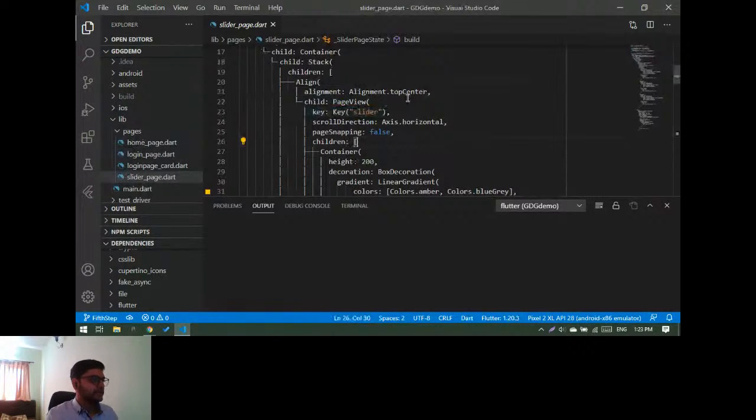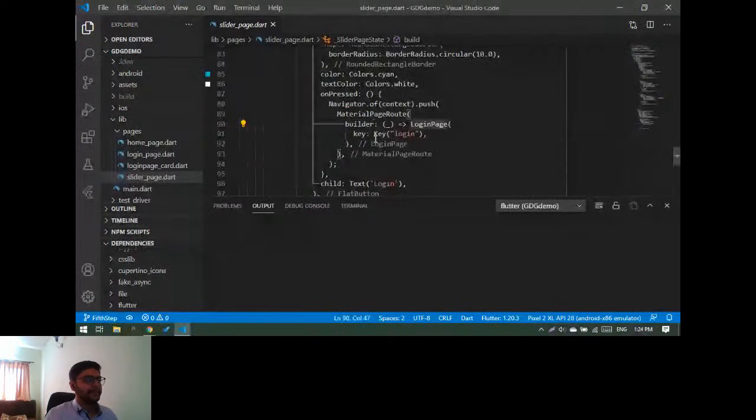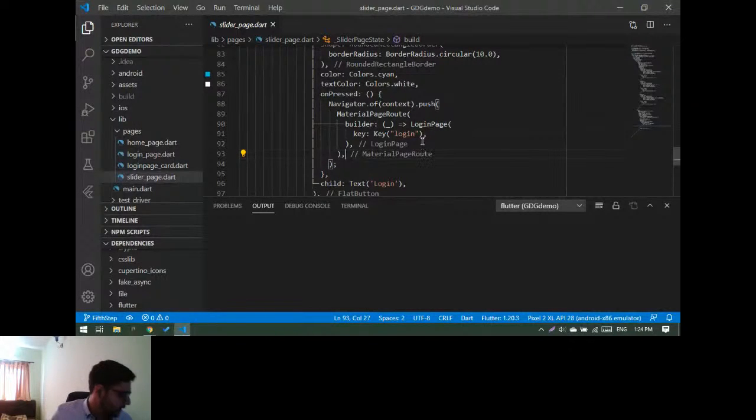सो यही पेजमा अलि तल गएपछि लगइन पेजलाई कल गरेको छौं हामीले। मटेरियल पेज राउट बिल्डर लगइन पेज, यसलाई हामी लगइन भन्ने युनिक की दियौं यसलाई पनि। So 10 more seconds maybe. सो अन प्रेस्ड भित्र नेभिगेटर युज गरेर लगइन पेजमा जाँदाखेरि लगइन की दिएर असाइन गरेर पठाउने है त।